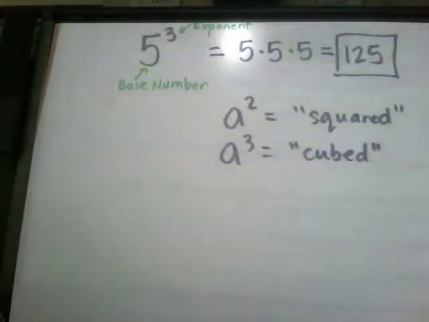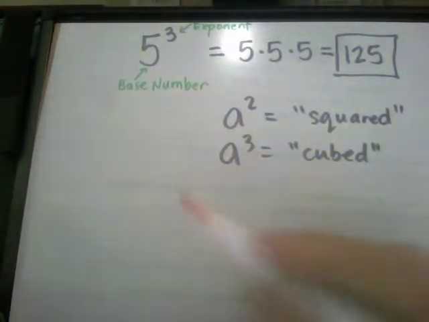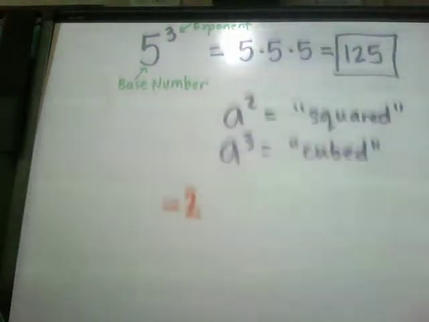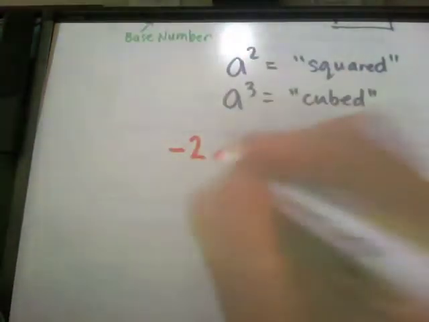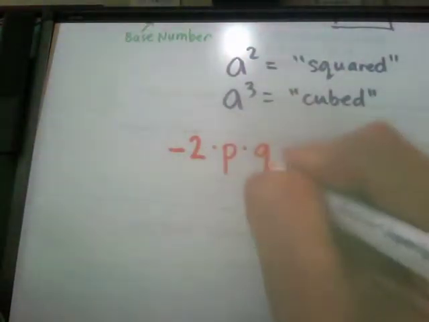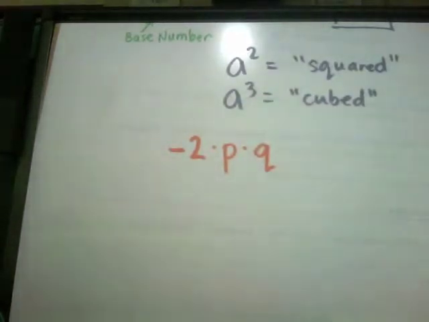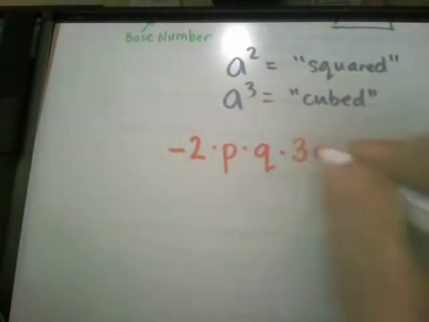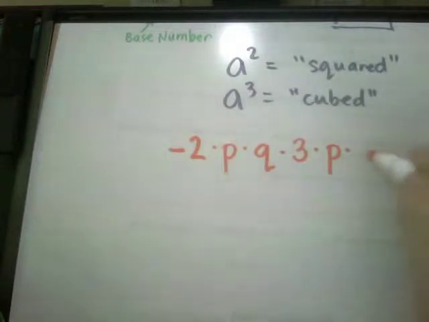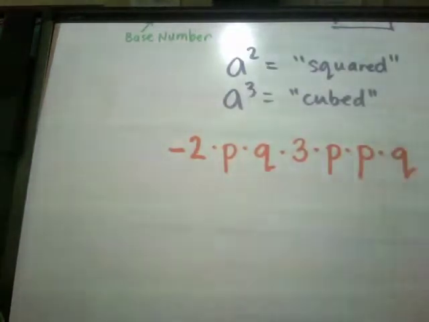Now, how are we going to start to make it more algebra level exponents? Well, first of all, with variables. And secondly, by mixing them up. So if I said, for example, -2 times p times q times 3 times p times p times q,